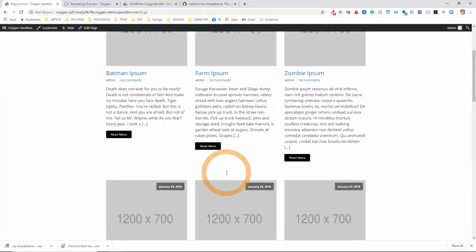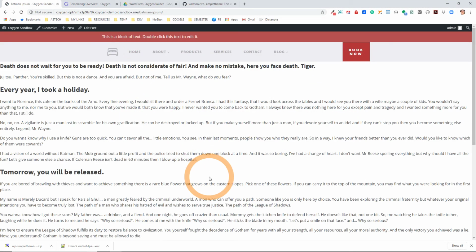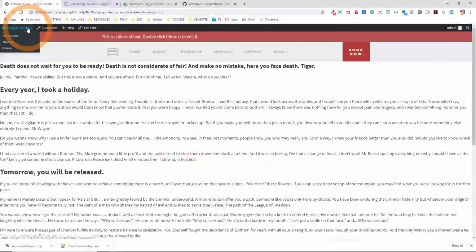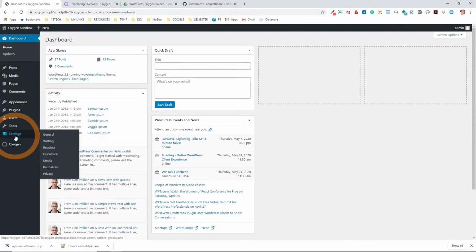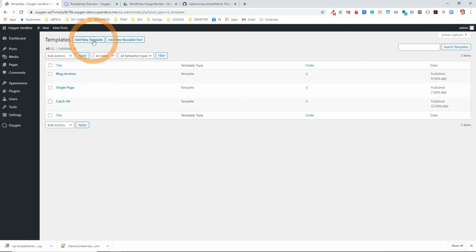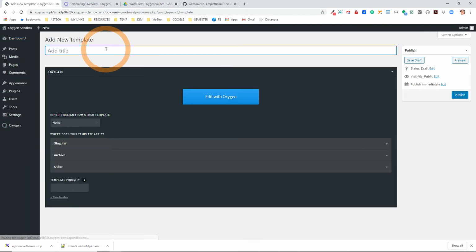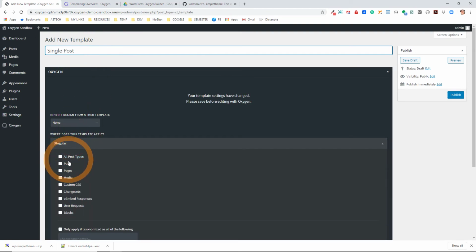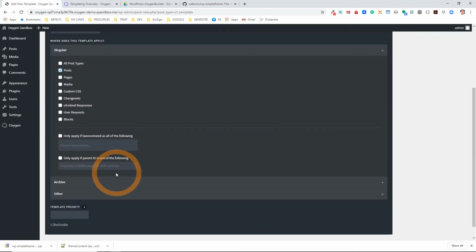Works really, really well. If you click on one of the elements itself, one of the blogs, obviously we haven't created a template for this. So now you have to go back to templates. Let's do add a new template, and we'll say this is a single post. So we're going to do a single post, and what's cool about this